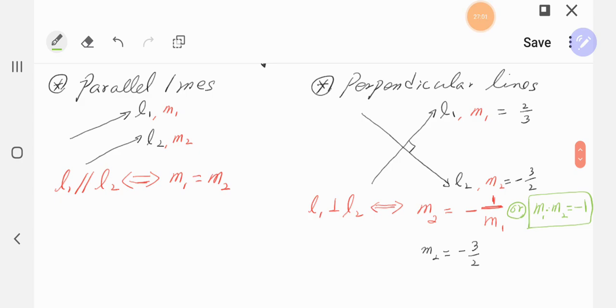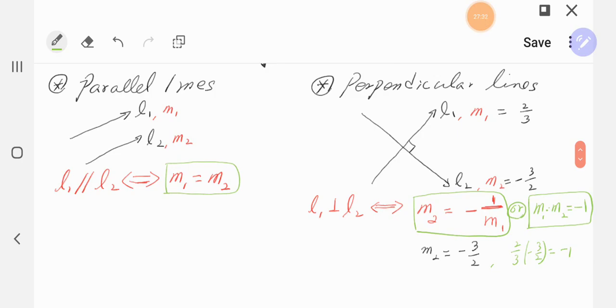Okay, so look at this. 2/3 is M1, multiplied by negative 3/2, the reciprocal, right? So the result is negative 1. So two lines are perpendicular. Okay, so this is a really, really important concept, formula. If two lines are parallel, then what? Two slopes are equal. If two lines are perpendicular, then the product of the slopes is negative 1, or the slope of one